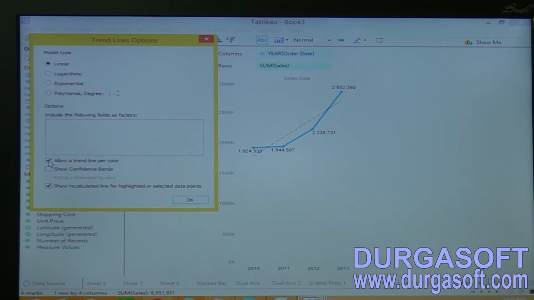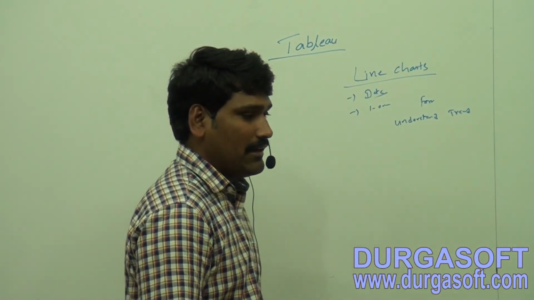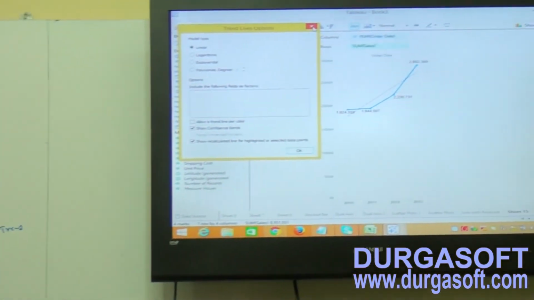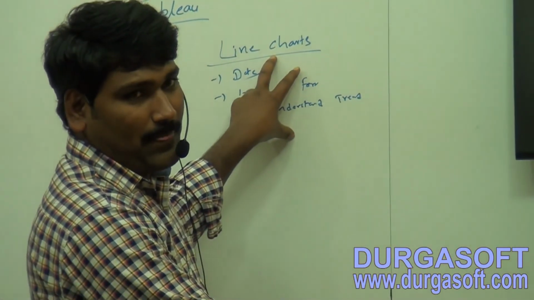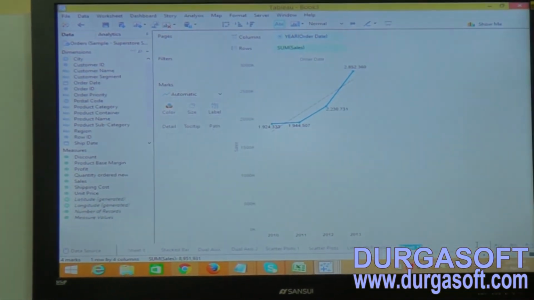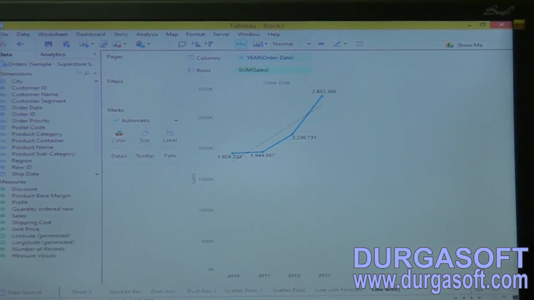See this, if you apply this, the confidence band represents the data in the line chart based on our trend lines. So this is the way we normally represent the trend lines on the line chart. So this is trend line with trend.